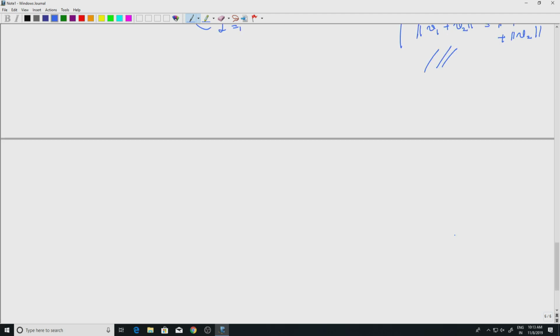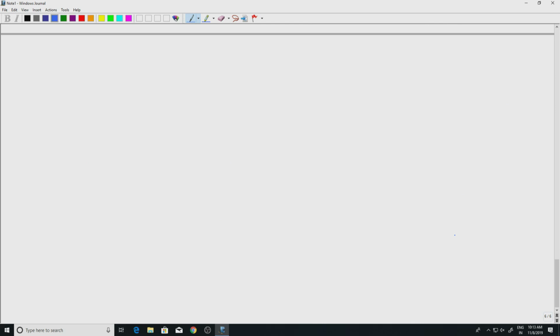So let us start with some lemma. The aim is to prove that the LP norm is actually a norm. I will put this in apostrophes. We will see that it is a norm under appropriate conditions, but this will happen only for P between 1 and infinity.